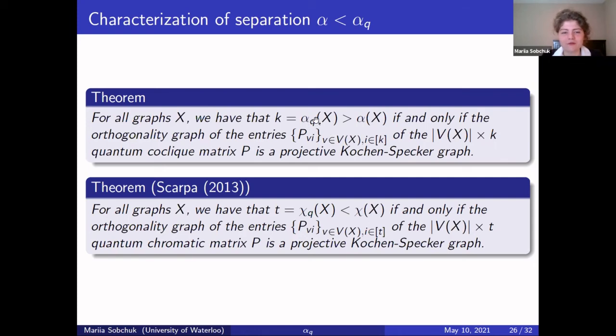Obviously, that means if we already have the quantum Cochlic matrix, then we can probably try to check if the graph is a Cox-Becker graph. But obviously, it's hard to get the quantum Cochlic matrix, and to verify that something is a Cox-Becker graph is also not very easy. We have to check all the sets of all the cliques that sum to identity, so it's very hard. But on the other hand, if we have some graphs with the separations, we can construct those projective Cox-Becker